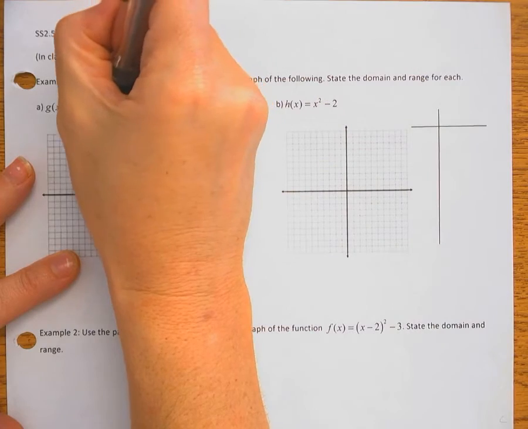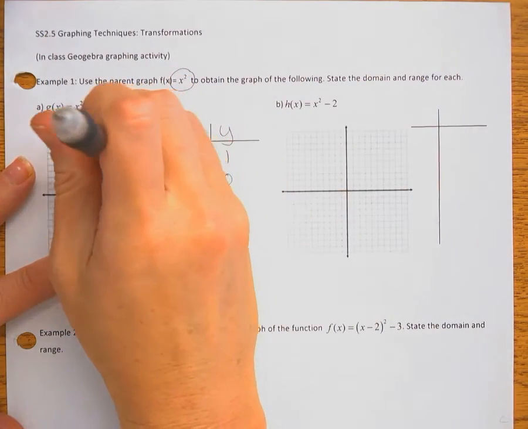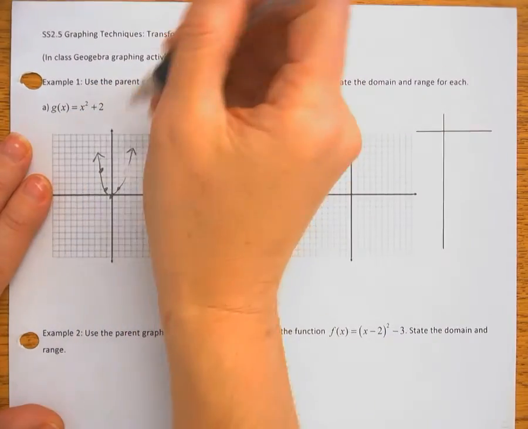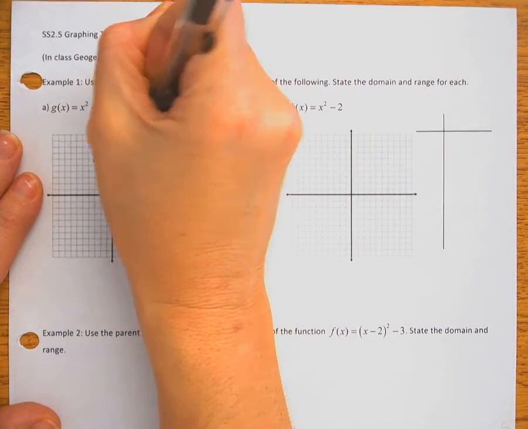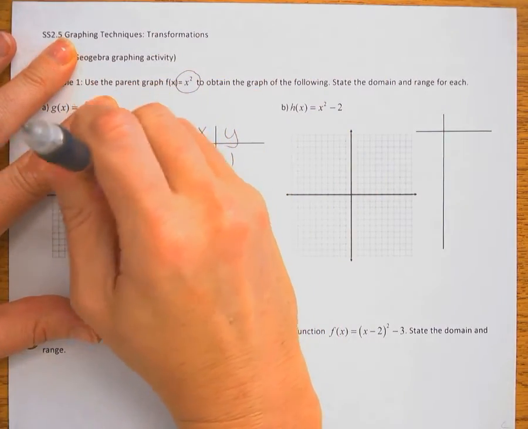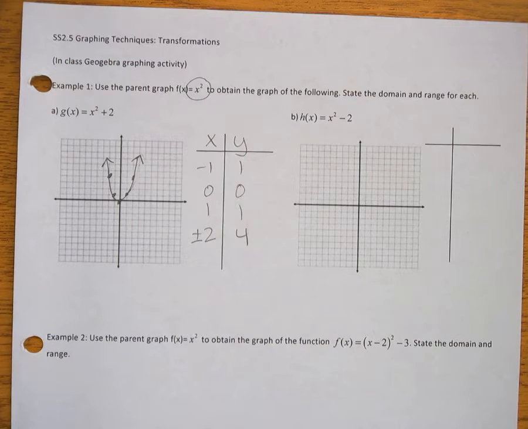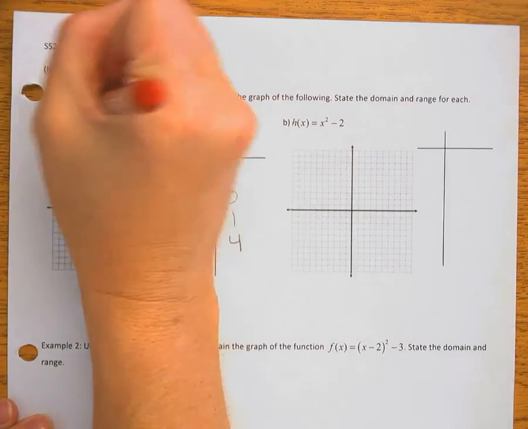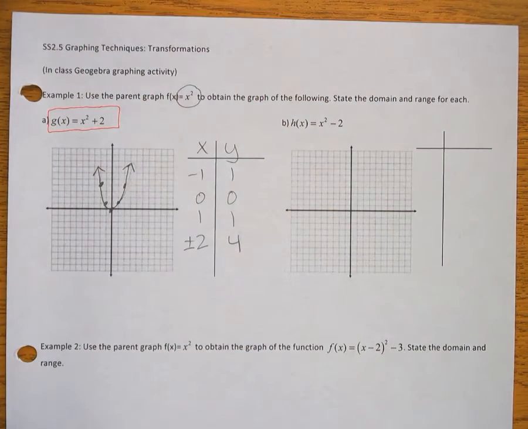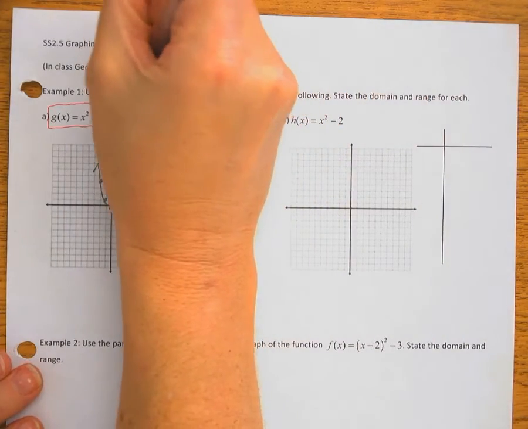It's very important that you understand it's not a V. The x squared parent graph is a parabola. And it's very important to be as precise and detailed as you possibly can. So there's the parent graph, and now what we're going to do is sketch the graph of x squared plus 2. Which is the same shape as the parent graph, but it's shifted up 2,